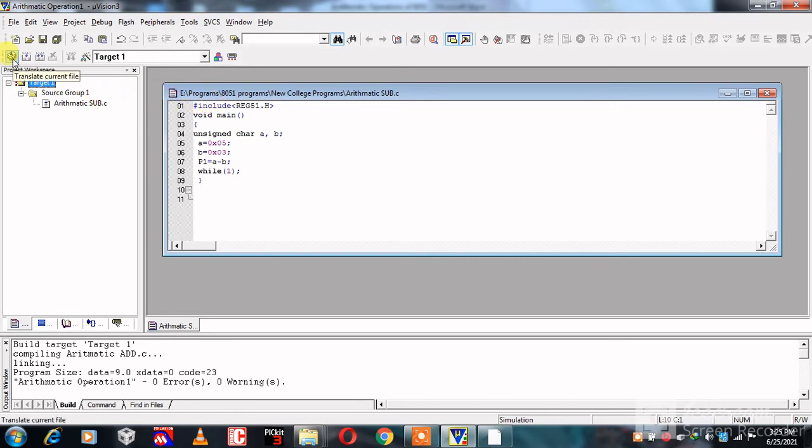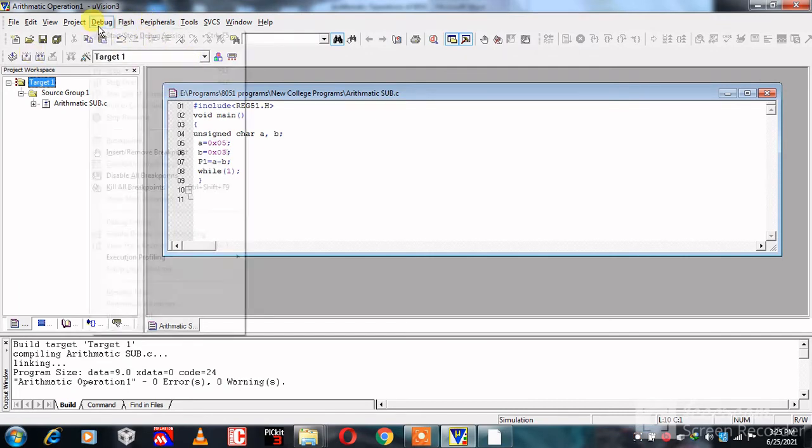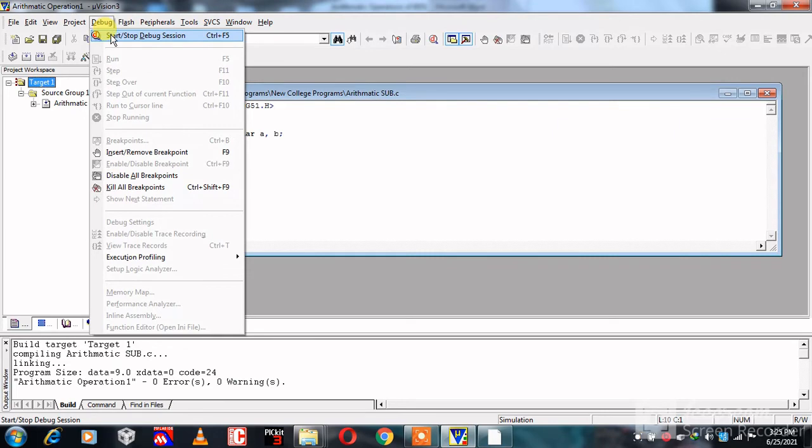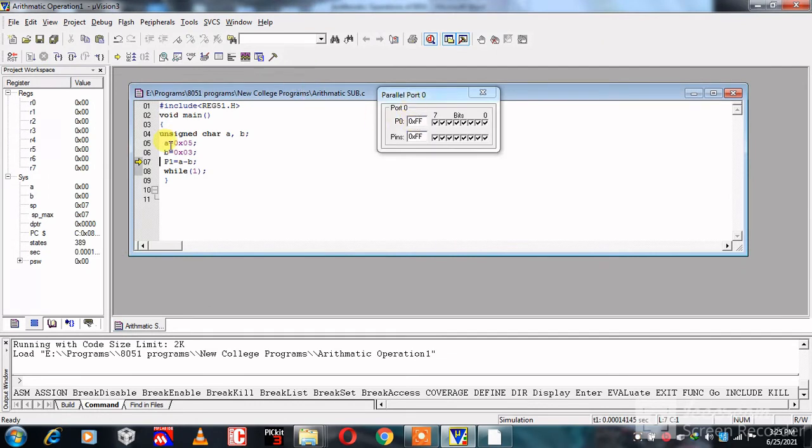Then click on translate current file. Click on build target and click on rebuild all target files. Then click on debug. Again click on start/stop debug session. Click on OK. Now we assign the variables a and b. The value of a is equal to 0x05 and the value of b is equal to 0x03.